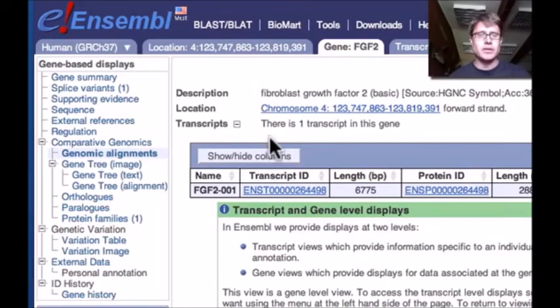We're going to take a look at this gene, right here. So this is the human gene, FGF2. It's found on